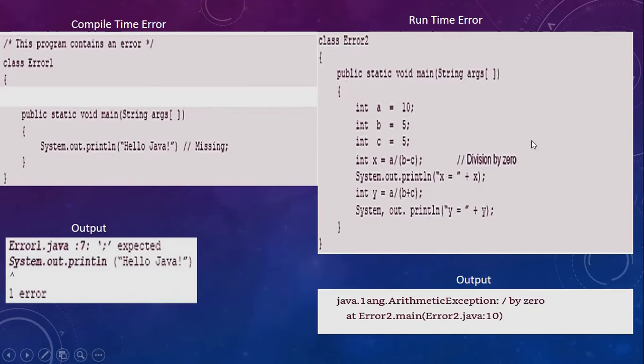So what this code should do is calculate the value of x and print the value of x, then calculate the value of y and print the value of y. However, because b and c have the same values, 5 and 5, when you perform b minus c you get the value 0, and any number divided by 0 is nothing but a divide by 0 exception. As a result, when you compile this code, Java raises an exception called